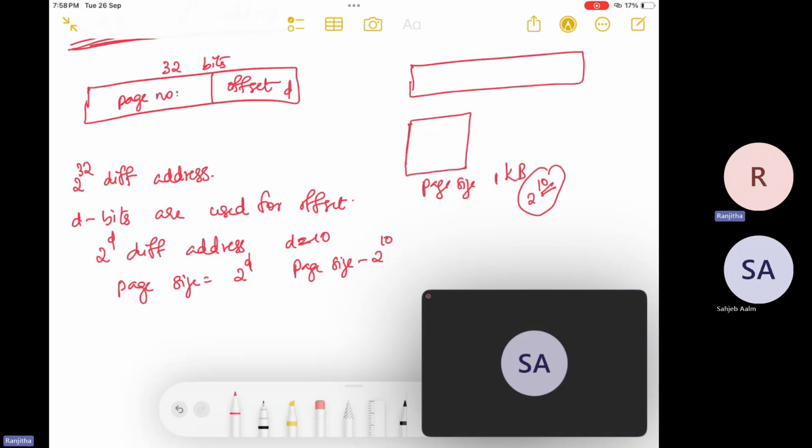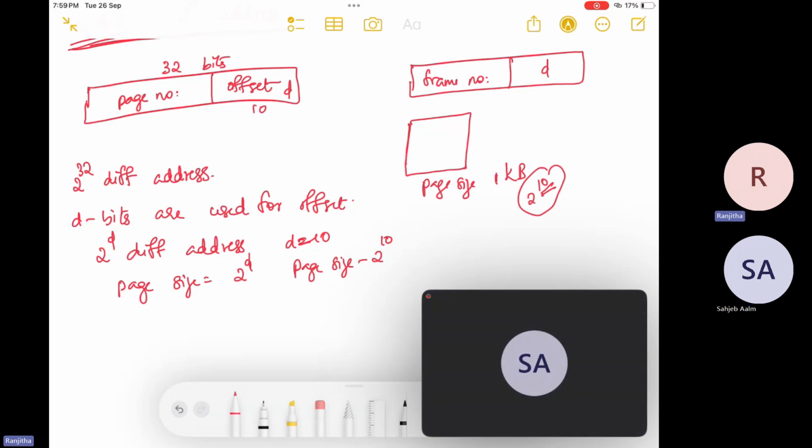ठीक है? तो ये ऑफसेट हो गया। एंड दिस ऑफसेट, पेज साइज इज सेम। पेज साइज लॉजिकल एड्रेस स्पेस में और फिजिकल एड्रेस स्पेस में हम सेम रखते हैं, पेज साइज इज द सेम इन बोथ द प्लेसेस। तो यहाँ पर भी d ही है। ये हो गया फ्रेम नंबर और ये ऑफसेट। ठीक है? ये एक बार समझ आ गया, तो देन वो मैनिपुलेशन भी समझ में आ जाएंगे।